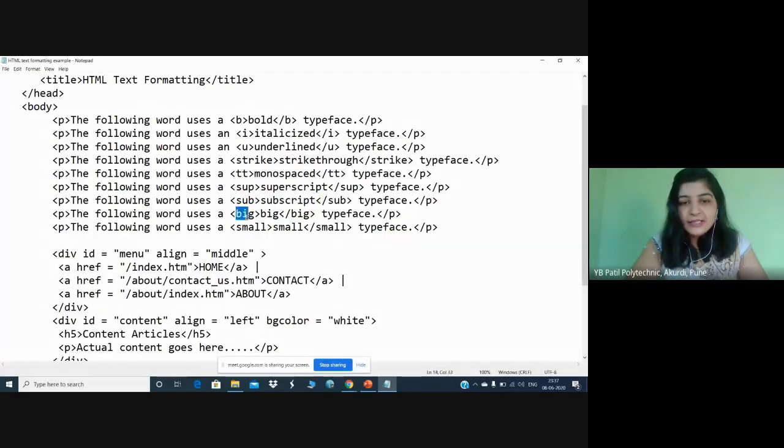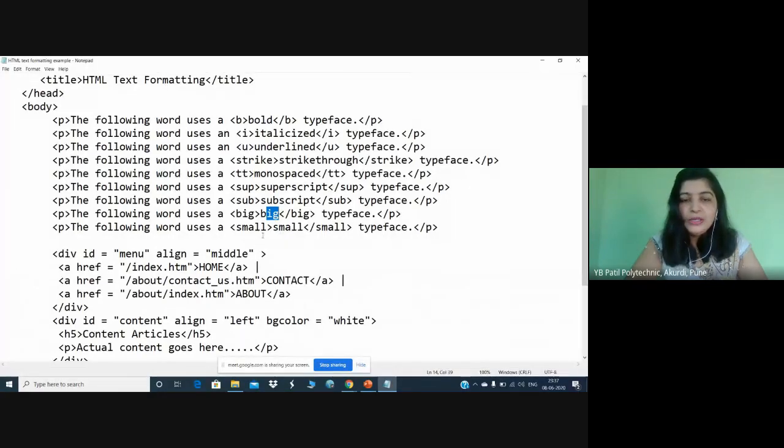Then next tag is the big tag. Here the big word will be displayed a little bit larger in font size than these words. The following word uses a big typeface. So the big word will be a little bit larger than other text.